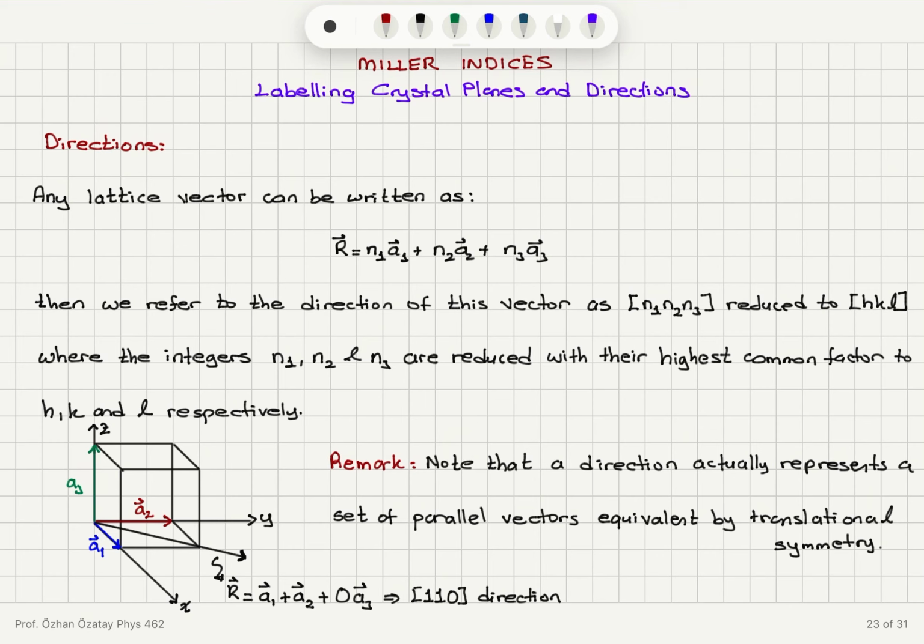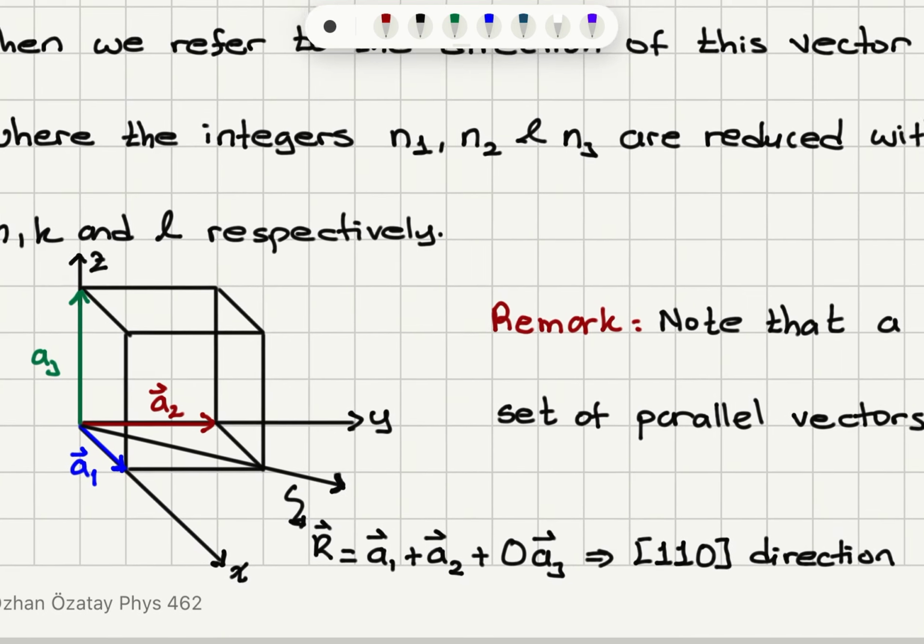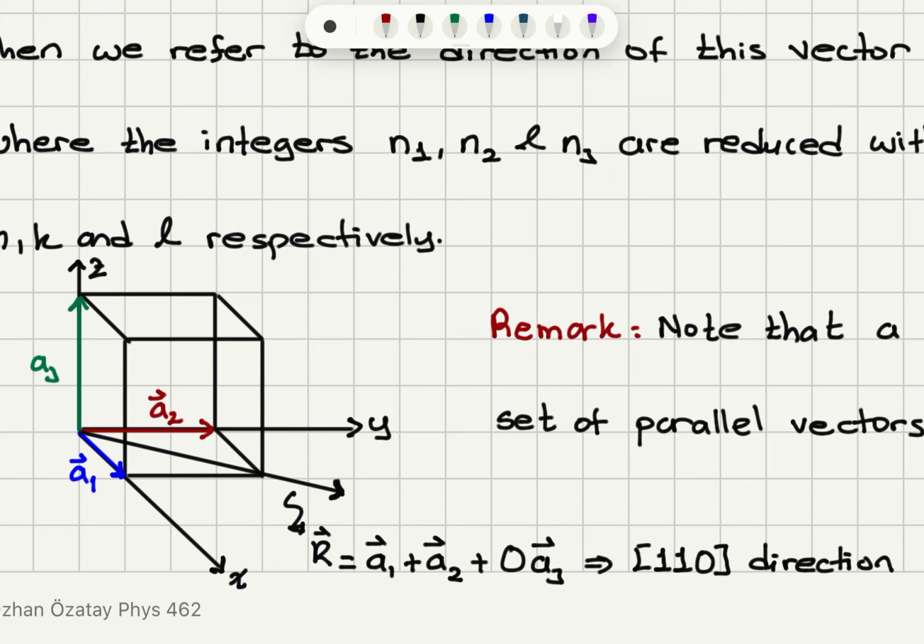So the coefficients n1, n2, and n3, we find their highest common factor, we divide them by the highest common factor and reduce them to the numbers HKL respectively. So here is one example. We're looking at this lattice translation vector a1 plus a2 plus 0 a3. So that is this vector at the bottom, and because the coefficients are 1, 1, 0 and the highest common factor is 1, we will have for HKL 1, 1, 0, and we will label this with square brackets 1,